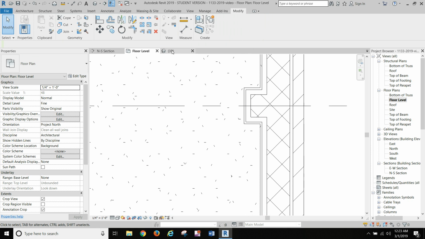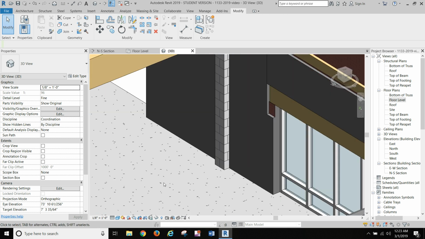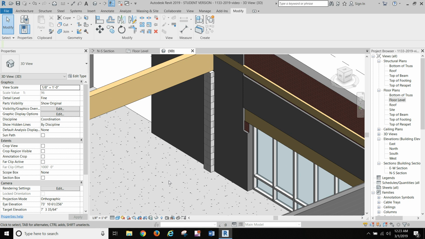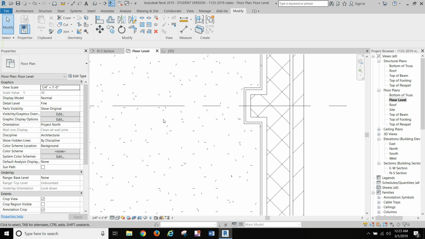Okay, so in plan view that looks good, but in 3D it does not look good because it keeps that CMU material. So that's really not a viable option for us. But if you were doing just a plain CMU wall with no wrapping around it, it would be fine. If you were doing a concrete wall, it would be fine. But we've got metal furring and gypboard wrapping around it, so this is not fine. So